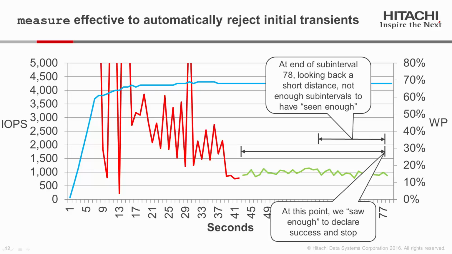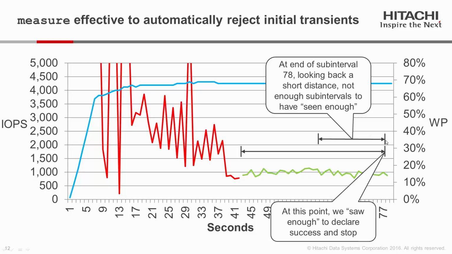So the blue line is showing on the right-hand scale the percentage write pending, or the percentage of cache that had dirty data waiting to destage to disk, shown just for your information. That's shown on the right-hand curve. But what we can see here is that at this point, at subinterval number 78 or 79 or something,